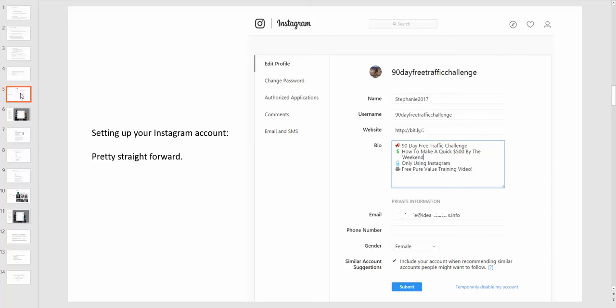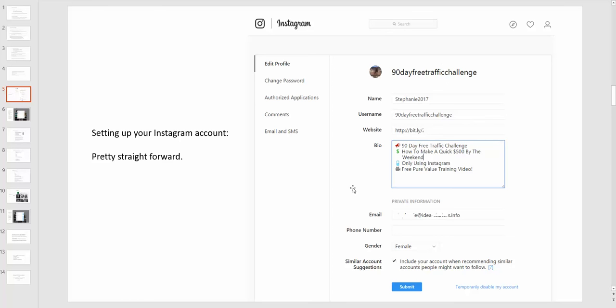Now you can have a few Instagram accounts, okay? And that's great. The reason you'd want a couple is maybe because you're marketing this product, maybe you're marketing a different product, because you can only have one link where it says website in here. You can only have one link. So you'd want to try to keep your Instagram profile themed towards the product that you're selling. The link would go to either your lead magnet or your opt-in page, okay?